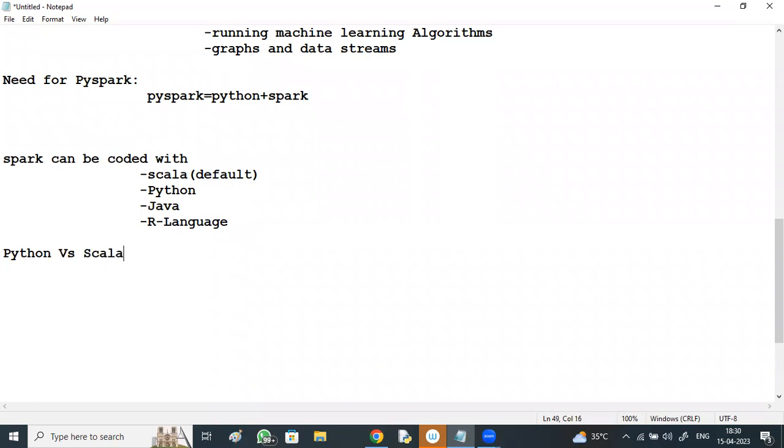Yes, the Spark implementation was completely developed only in Scala, not in Python. Spark was introduced in 2009, open sourced in 2010, and donated to the Apache Software Foundation in 2011.